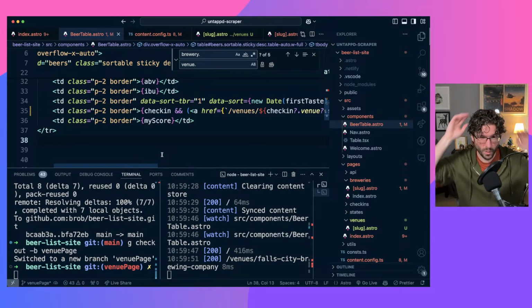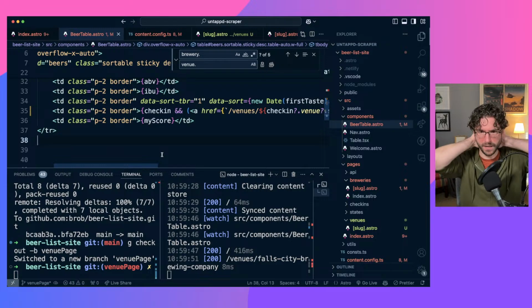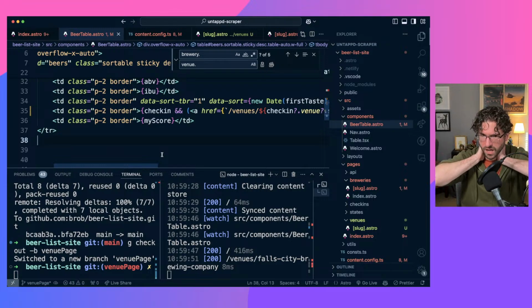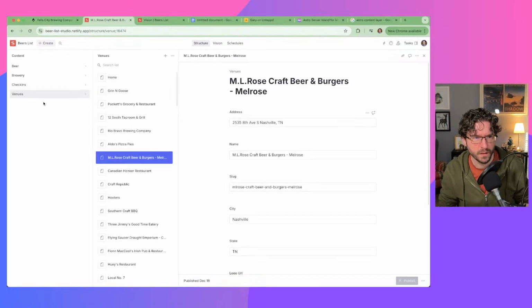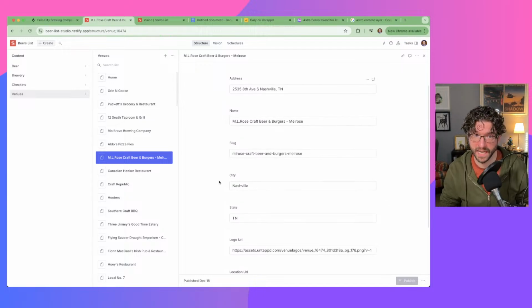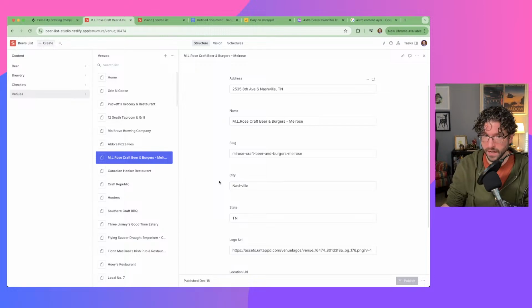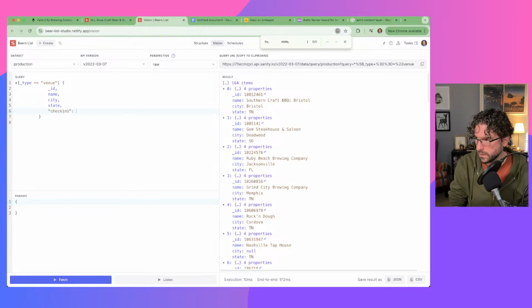All right, so where do we need to get to? We have pages generating. Now we need to figure out getting the beer list. So let's write some interesting Grok. Let's figure this out. Looking at our data, we have no beers and no check-ins on the venue. However, each check-in has a venue, which means we can do a reverse lookup on that. So let's get all the check-ins for our venue, right? So we can get check-ins, and that's going to equal,